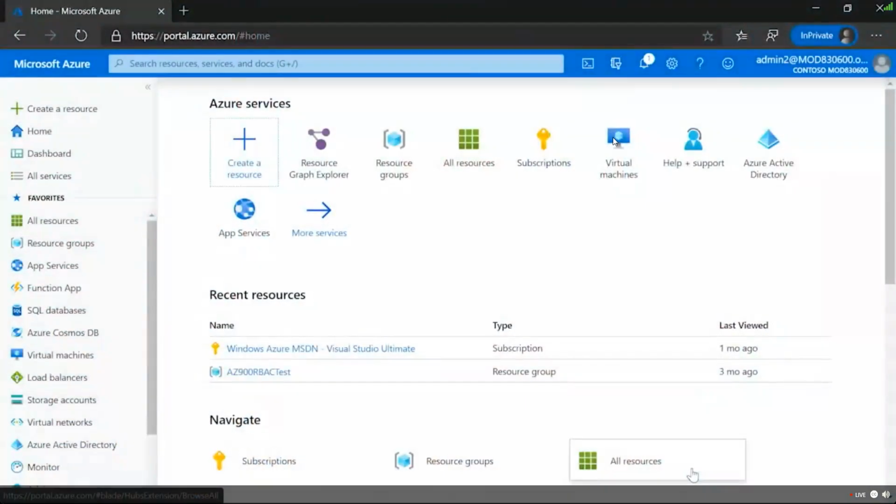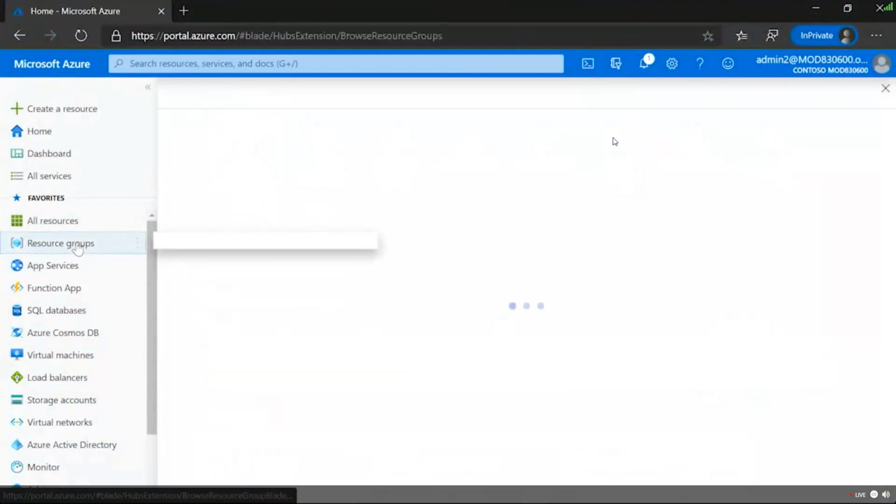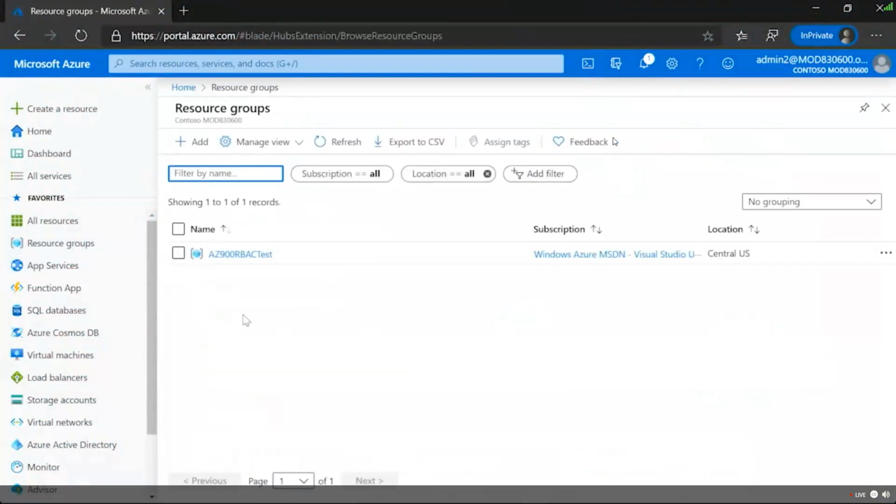So I'm logged in as admin 2 in this particular tenant, and this tenant has a subscription assigned to it. This is the same tenant that I've been using in all of my demonstrations, and I have lots of resource groups. As a matter of fact, we created a resource group for our VMs. If I go to resource groups, logged in as admin 2, notice I only see the one resource group, RBAC test. What you're seeing here is role-based access control in action. Admin 2 only has permission in this one specific resource group. Even though I know there are more resource groups in this subscription, Admin 2 hasn't been given permission yet.